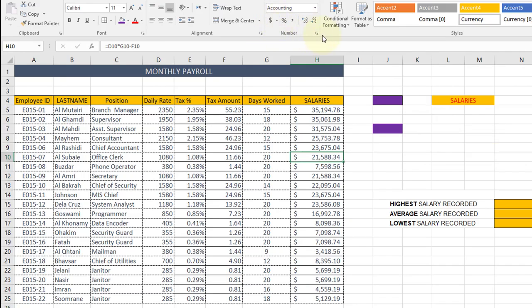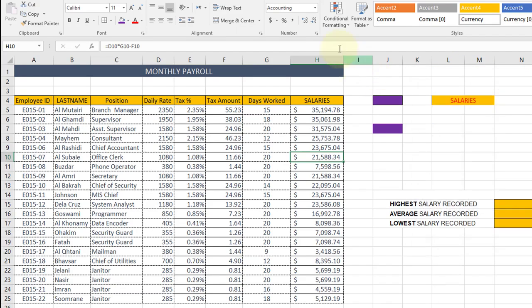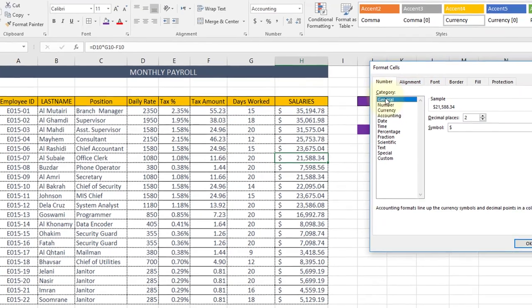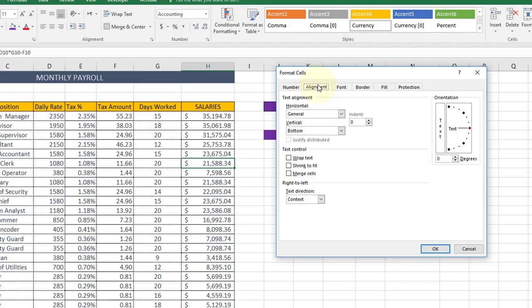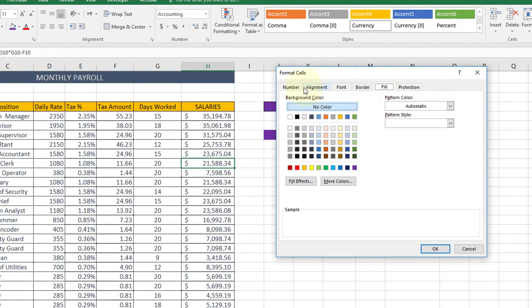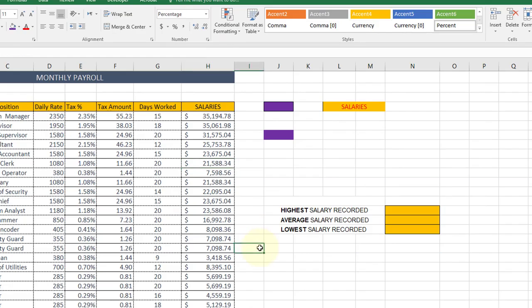If you want to see all of these things, the format cells, you can click this action arrow, I think. Now here you have number, which can give you the option of general, number, currency, accounting, date, time, percentage, a lot of them. Then you can do the alignment. Now all these things are for the cells, format cells. Then you have the font, you have border, you have fill. All these values are here, and some basic ones they have put here. So this is how we can do the basic formatting of our cell.